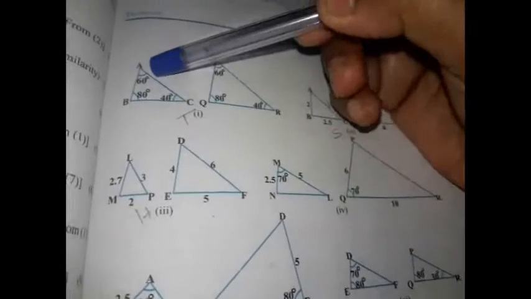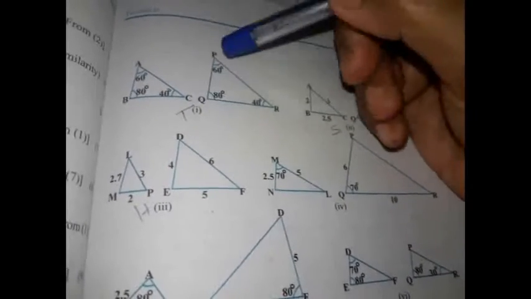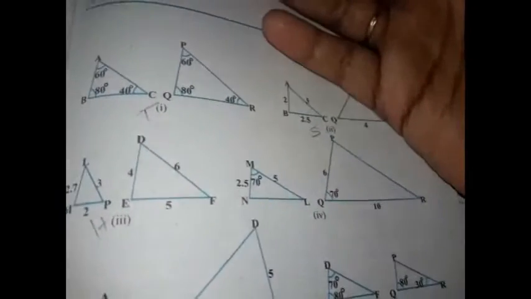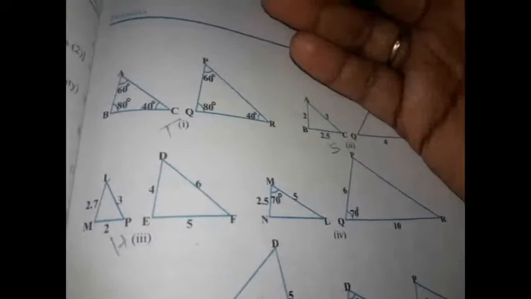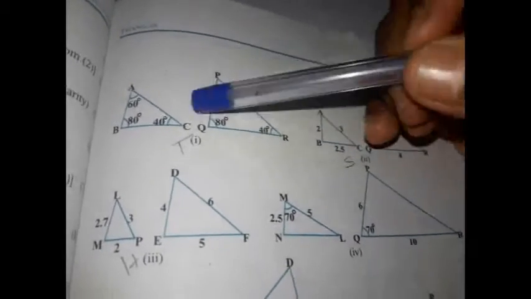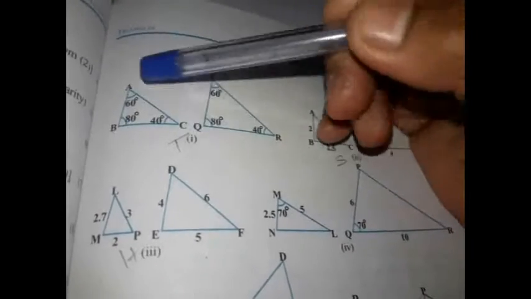They have given angle A is 60, angle B is 80 and angle C is 40. This is 60, 80, 40. So when you look at these two triangles, we can see that all the three angles are equal in the two triangles. Therefore immediately we can go with the AAA similarity criterion, right? But the thing here is the way in which we need to denote the correspondence. If you see, angle A equals angle P, angle B equals angle Q, and angle C equals angle R. So we can write triangle ABC is similar to triangle PQR, by AAA similarity.